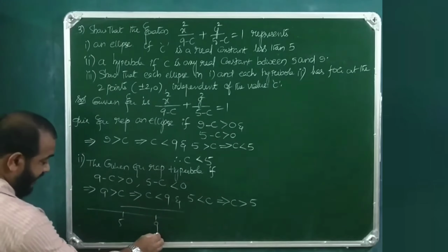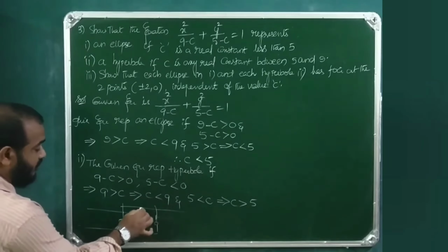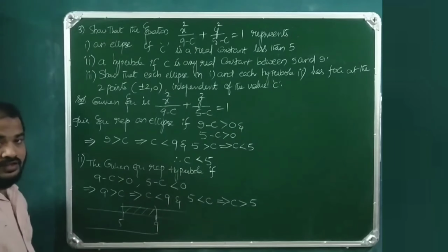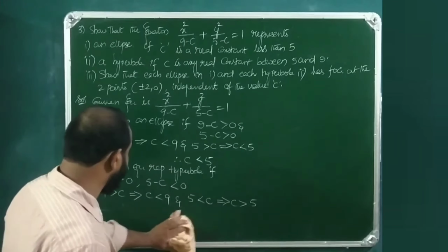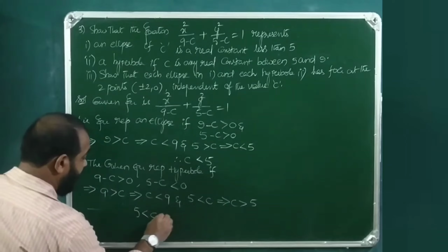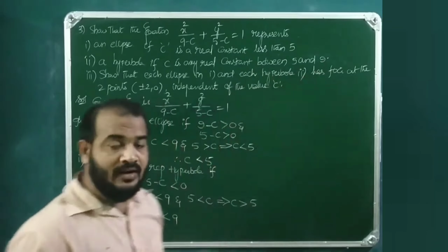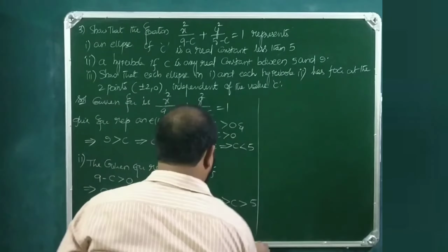C is less than 9. So both are intersecting at this region. That means C is lying in between 5 and 9. So that's what we need to prove. Between 5 and 9. And